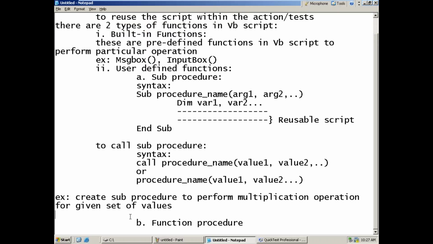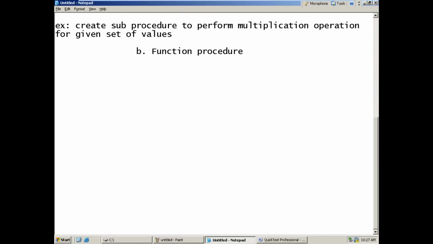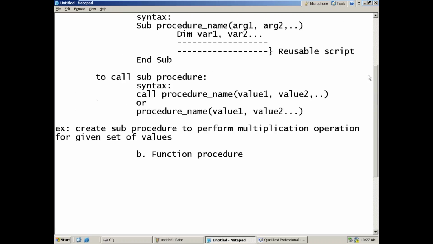So how do you create the function procedure? In automation testing, we always have to get some status, that some program executed, as there may be dependencies. For that purpose we use the function procedure, not the sub procedure.